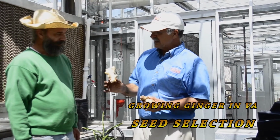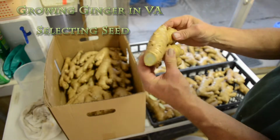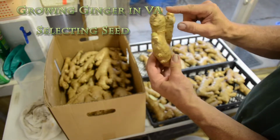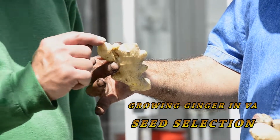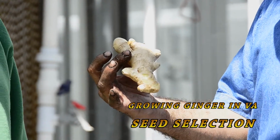Actually, what you see in here is a good seed piece, what we call it for ginger. And the characteristic of a good seed piece for ginger is shiny, clean, fresh, and it has eyes on the seed piece or rhizomes. So that is the characteristic of a good seed, and you want it to be at least a minimum of 2 ounces